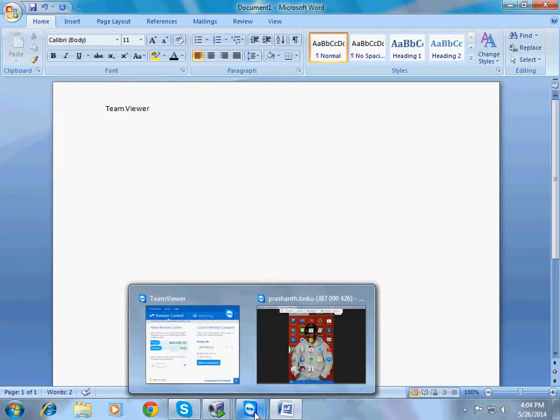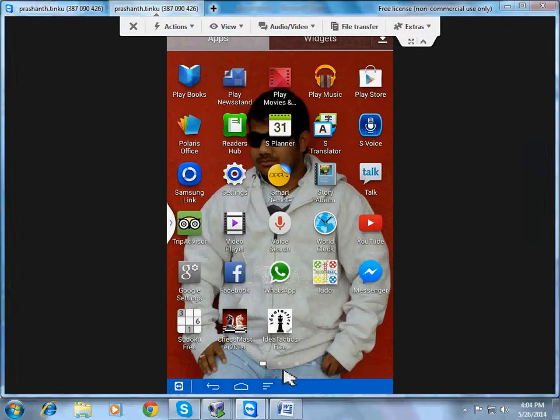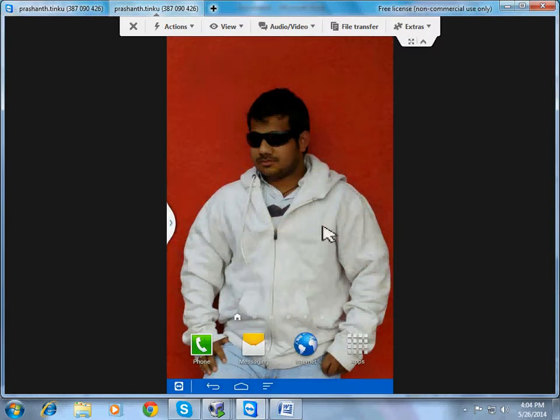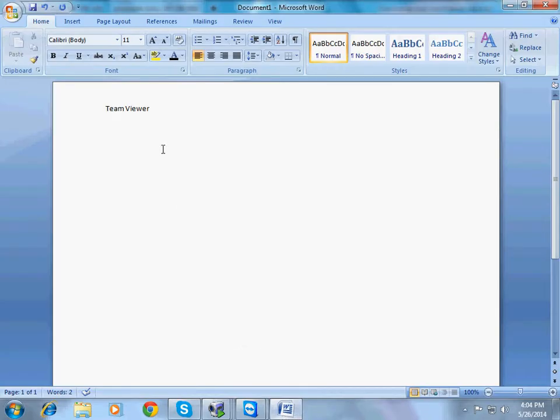See, as I've already connected to my tab, you are able to see this. However, to make it easy to understand how to install TeamViewer on your Android, first I have connected here. So once I install and do the settings, I will show how we need to connect from PC to your Android. Say this is your Android. So what all do you need? What are the basic steps to connect?